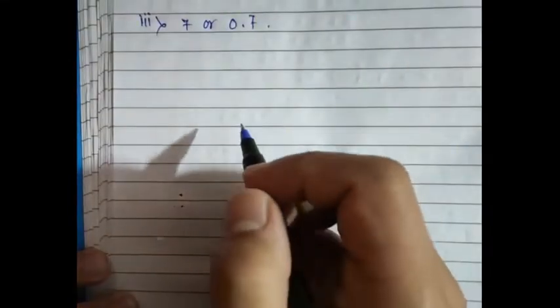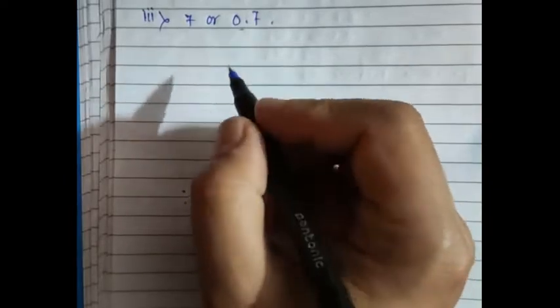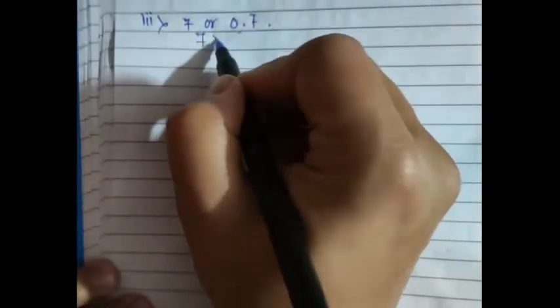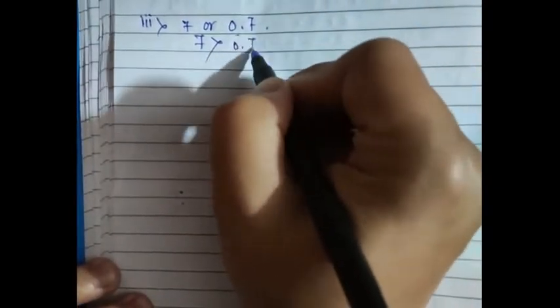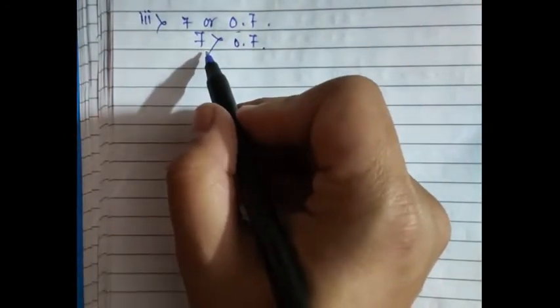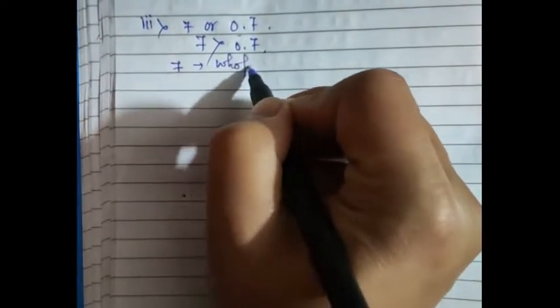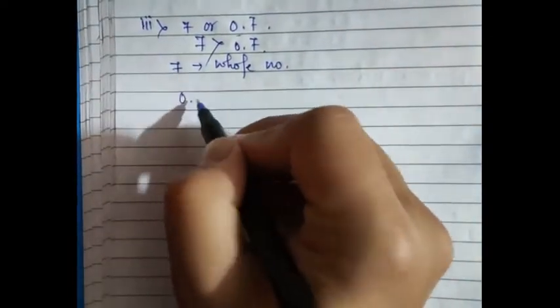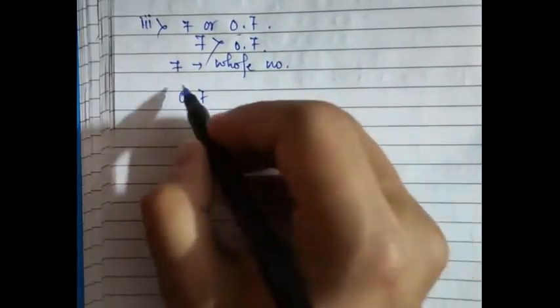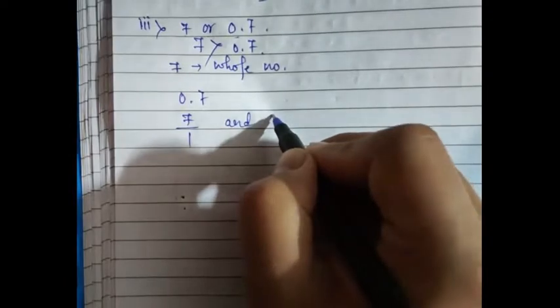Similarly, our next question: we have to find between 7 or 0.7, which one is greater? This is the easiest one. We can directly predict that 7 is greater than 0.7, because it is in a whole number form, and over here 0.7. Suppose you have to find the LCM between 7 by 1 and 7 by 10,